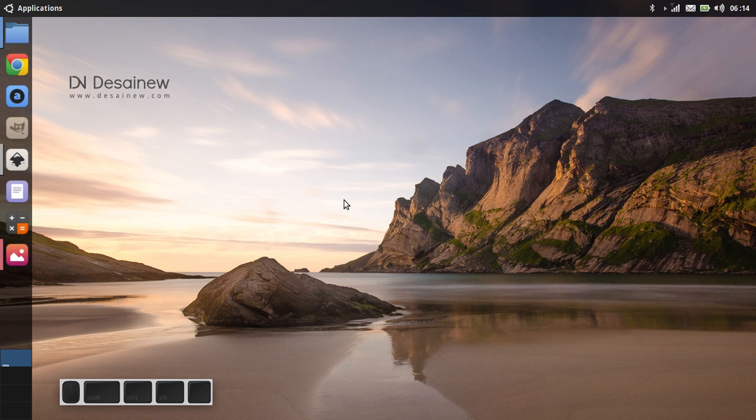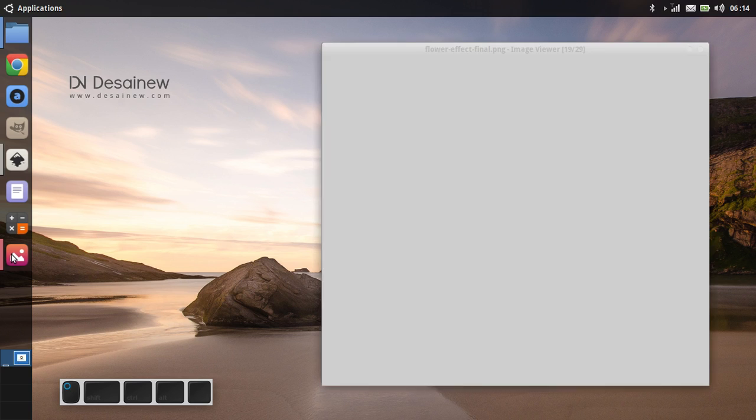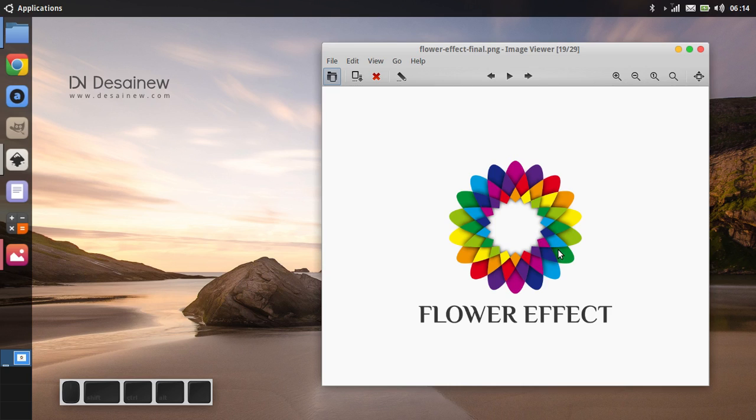Although the base is somewhat different, the results have been very satisfying for me. You can see the results here. Are you interested to try? Well, here we will create a flower effect in Inkscape with a simple trick.